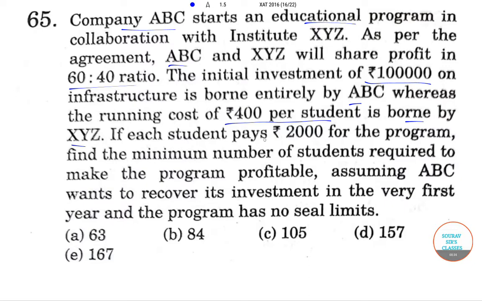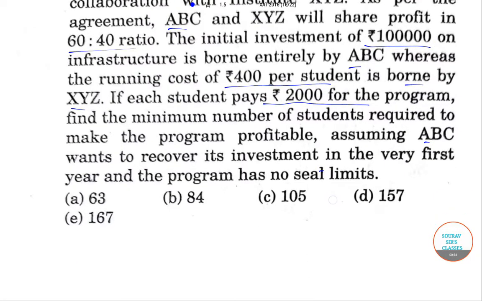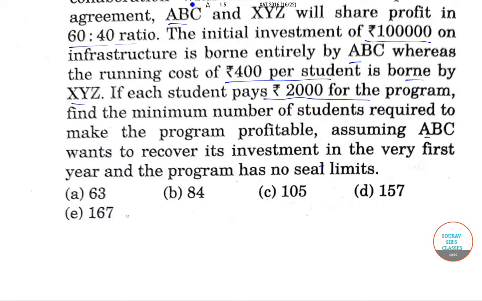If each student pays rupees 2000 for the program, find the minimum number of students required to make the program profitable, assuming ABC wants to recover its investment in the very first year and the program has no seat limits. Now, for minimum number of students to recover the cost,